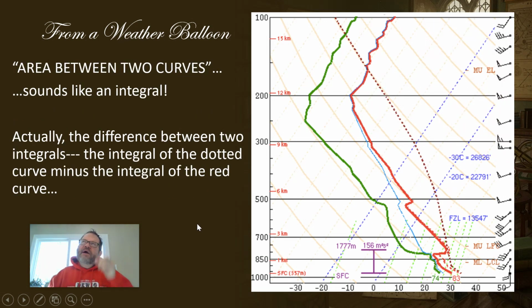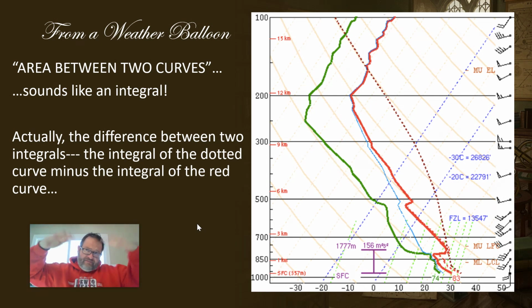All right. Area between two curves. Now that sounds like something we've talked about before. Area between two curves, that sounds like an integral, right? Now, actually, it's the difference between two integrals. When we have the area between curves, it's the integral of whichever one is supposed to be the bigger one minus the integral of the smaller one. So in this case, it's the integral of the dotted curve minus the integral of the